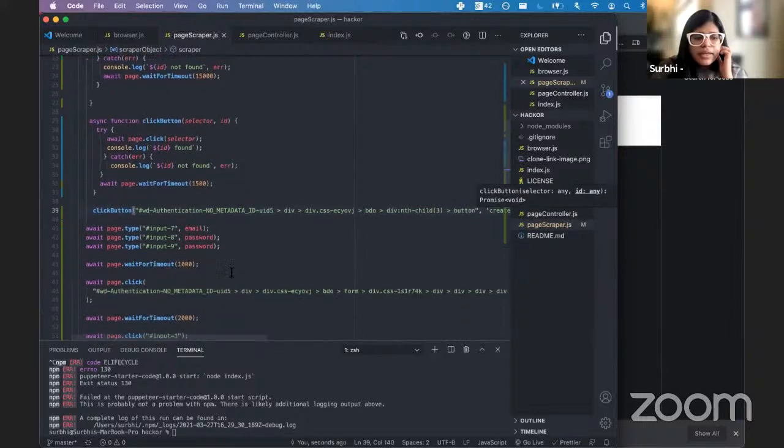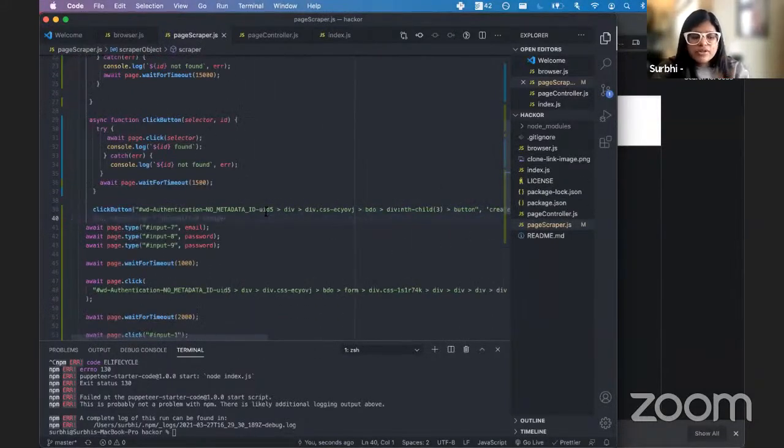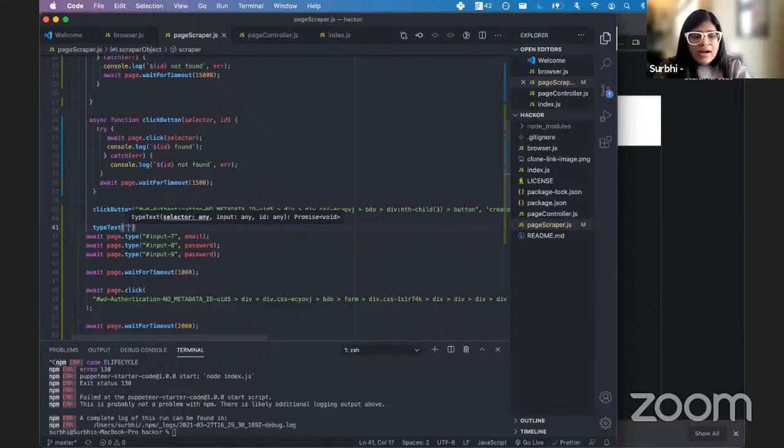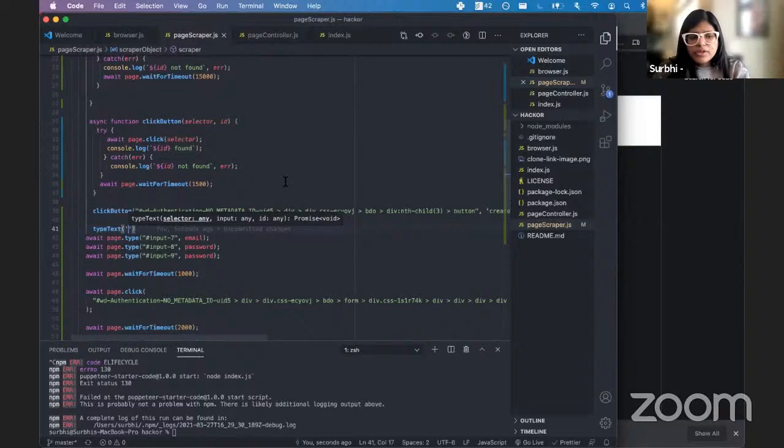And then we're going to try one of the type text ones to see if it's working, and then we'll refactor all of this. And if you guys have any questions, feel free to write it in the chat. And for type text, we have another input. So we have our selector here. We copy this, and this is going to be our input, our email. So we change the email, and then we write